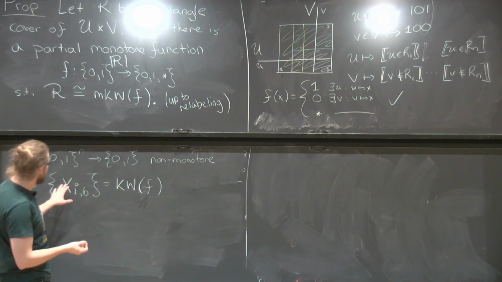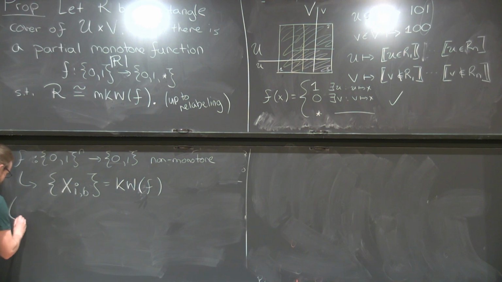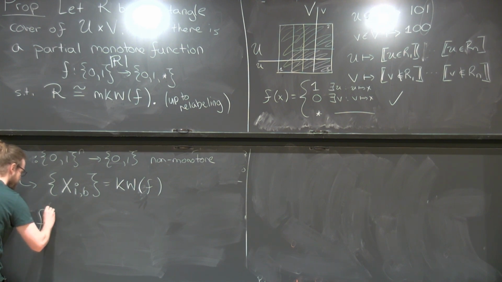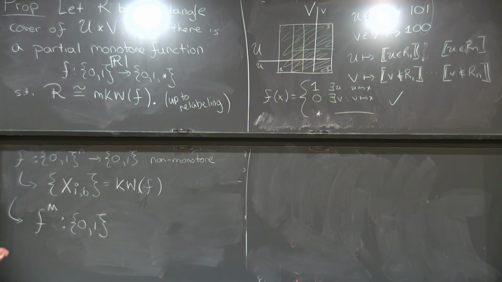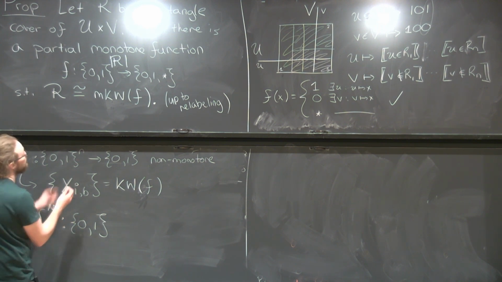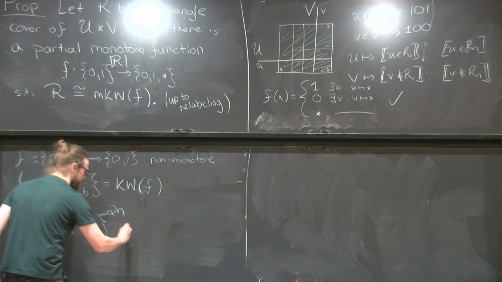So now we can just take this transformation and apply it to this rectangle cover and see what we get at the end of the day. This new function, maybe I'll call it f sub m. The number of rectangles here is 2n, because I have one for every positive literal and one for every negative. So by this transformation, the number of variables in this new function is going to be 2n.